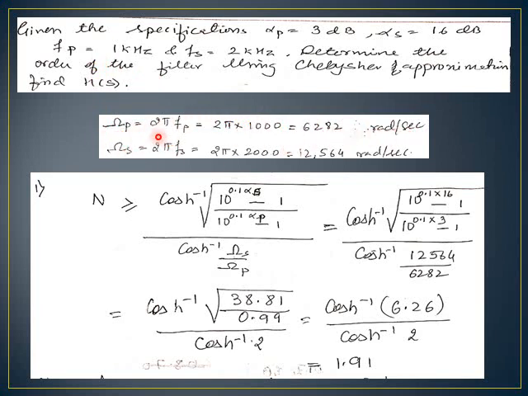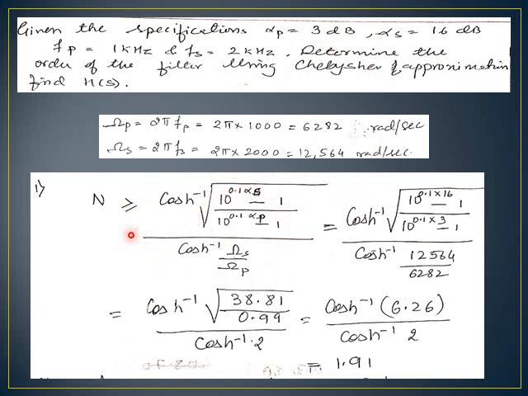So omega p is 2 pi fp. Substitute the value of fp as 1 kilohertz, and you get the answer as 6282 radians per second. Similarly, in order to calculate omega s, substitute the value of fs as 2000 and you get the value as 12,564 radians per second. Now using these values and the values of alpha p and alpha s,